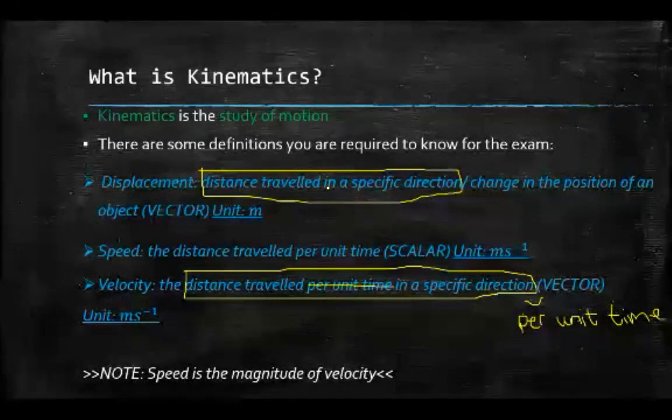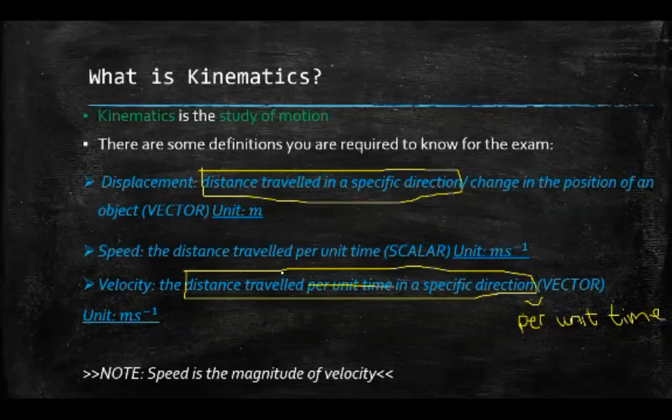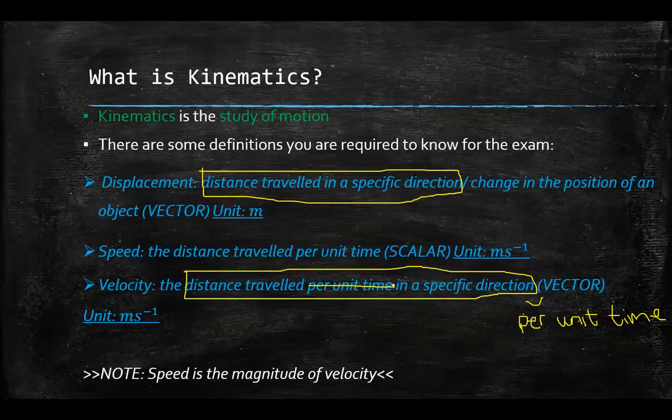Notice this right here, distance traveled in a specific direction is the same as this, distance traveled in a specific direction. So what does that mean? Well, since this is displacement, and velocity is the distance traveled in a specific direction per unit time,